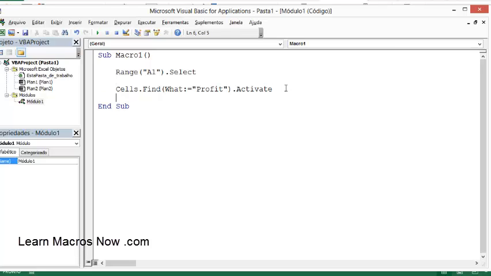which is much simpler and easier to read. So I'm activating range A1 and I'm looking for this cell called profits. Okay, so here's the trick. When I found profits, I'm gonna make a variable to save the line, the row, and the column that this